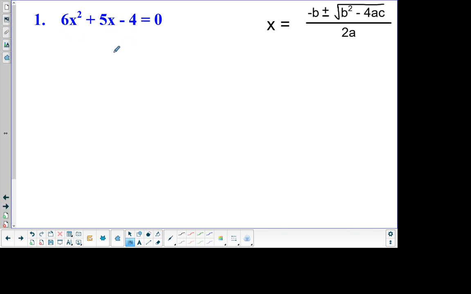So looking at this, what's the A value? 6. A is the coefficient with the x squared, so A is 6. B is 5. And C, since it says -4, that means C is